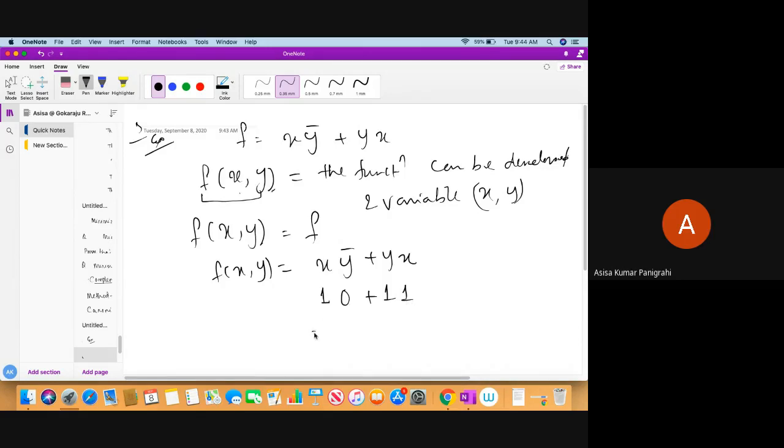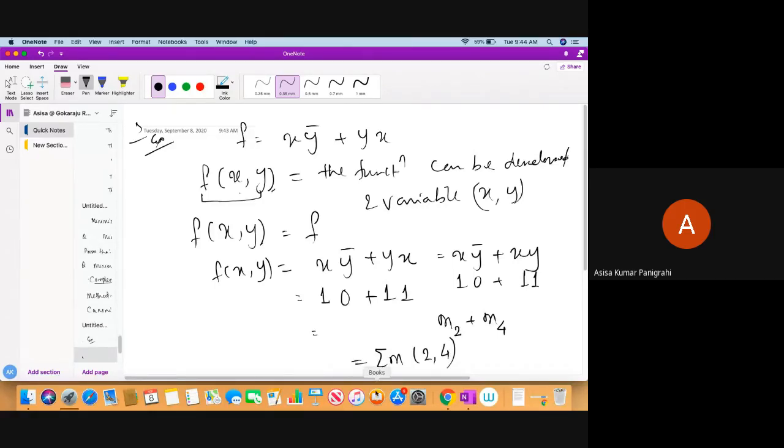So obviously what it would be? It will be, and one more thing, you have to represent all in order x, y. Then you can put this 1 0 or 1 1. Then this will be M2 and M4. So this will be in this form, summation of M 2, 4.